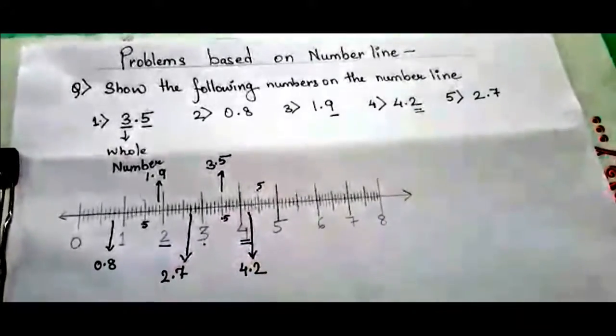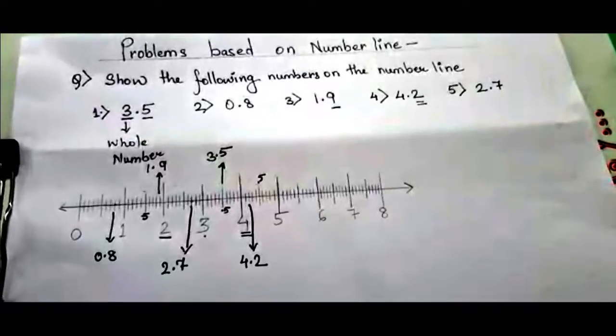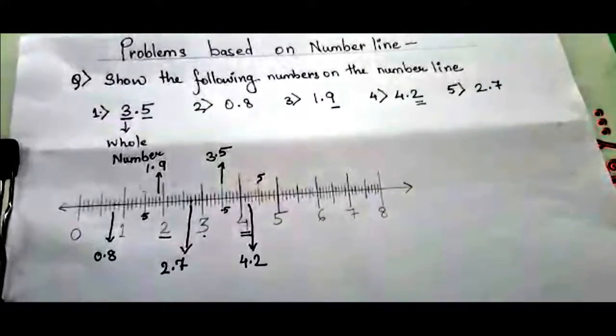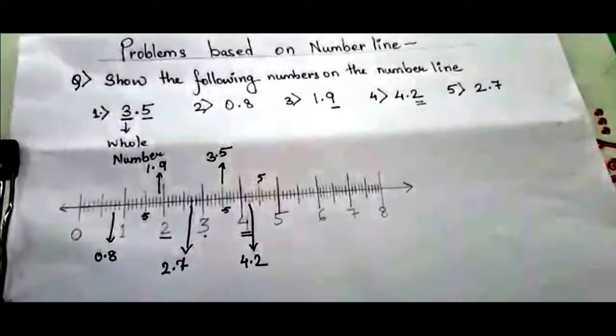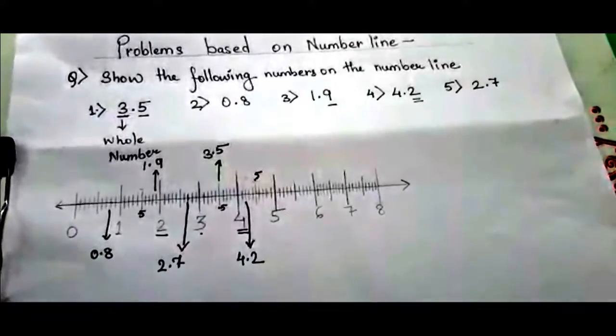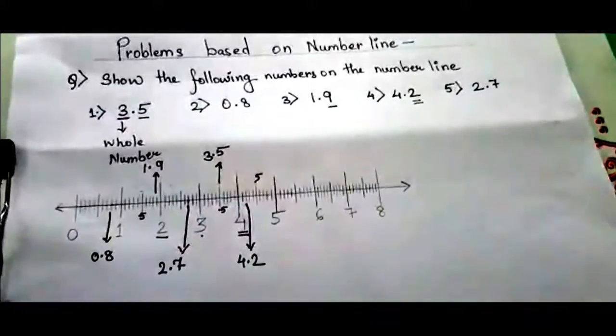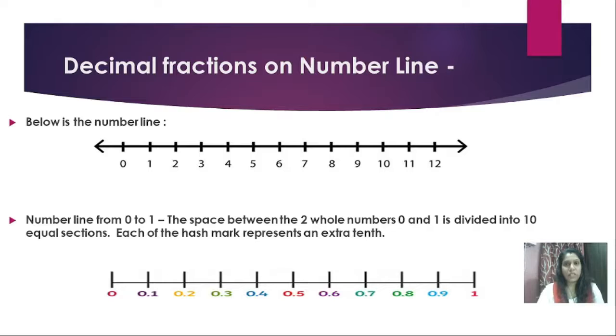This is how you do the marking. Okay, you mark the decimal point or decimal fraction on a number line. Children, I hope you understood this. Thank you. I hope you all learned how to do the marking on a number line. Correct? So now we will see what are common fractions.